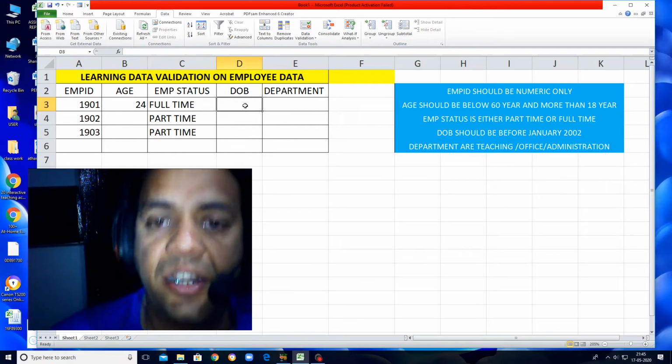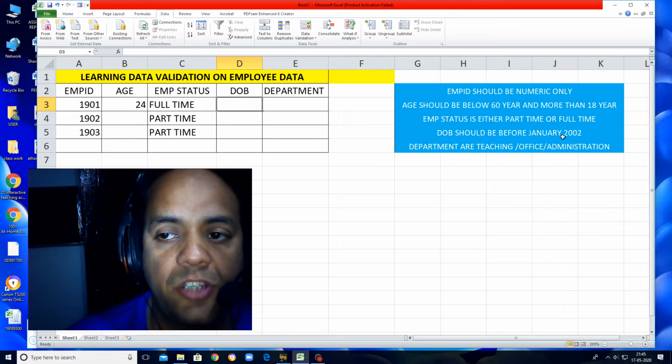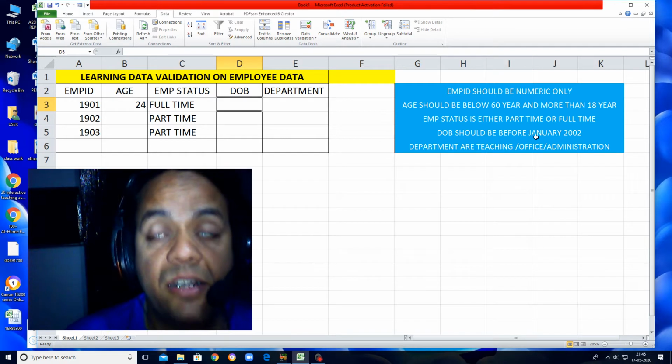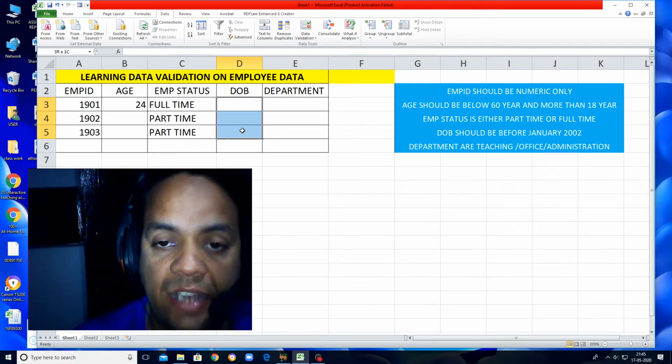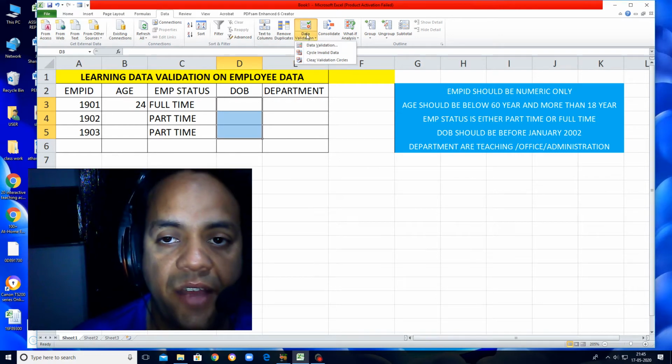Now next is date of birth. Date of birth should be before January 2002. So they have set the rule that no date of birth after 2002 should be entered. Okay, so how to do this? Select the DOB area, go to data validation.